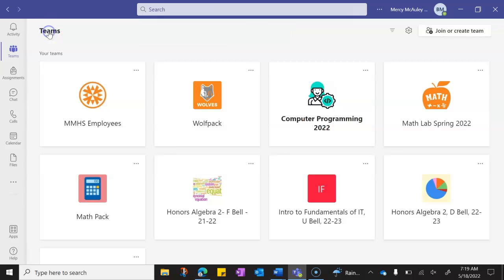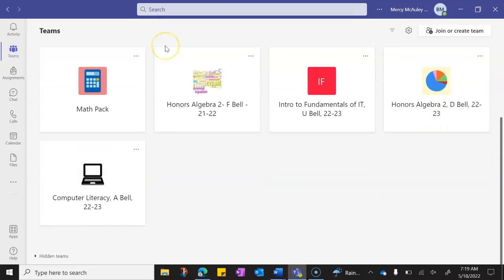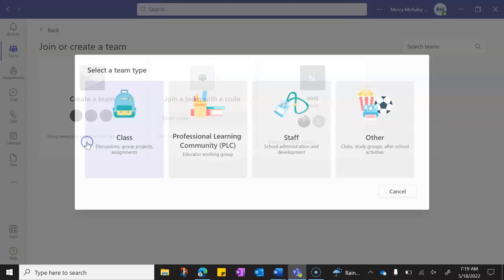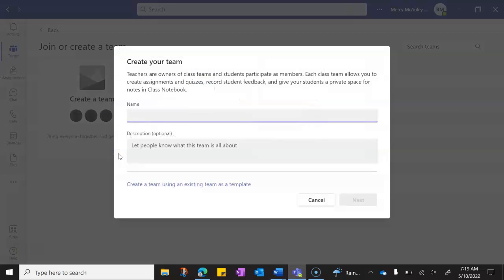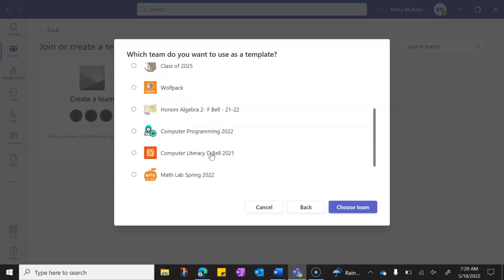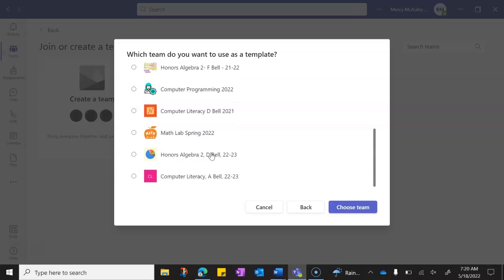I'm going to go back to all teams and show you how simple it will be to create another section of this same course. I'm going to say join or create team. It's a class. And this time I'm going to say create team using an existing team as a template. Will hopefully save me a little bit of time. The course that I want to use, oh, here it is right here. Now notice it hasn't updated my icon yet, but this is the course that I want to use as my template. And I'll say choose team,